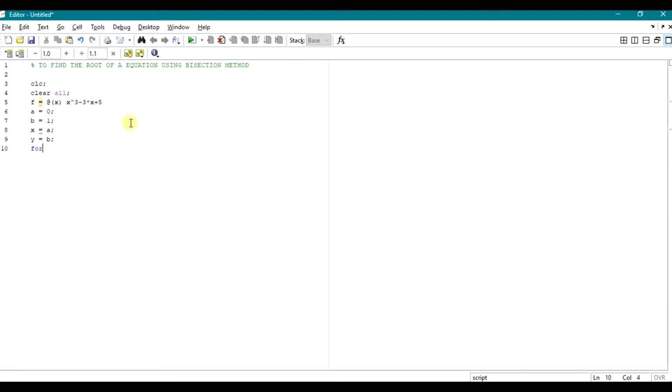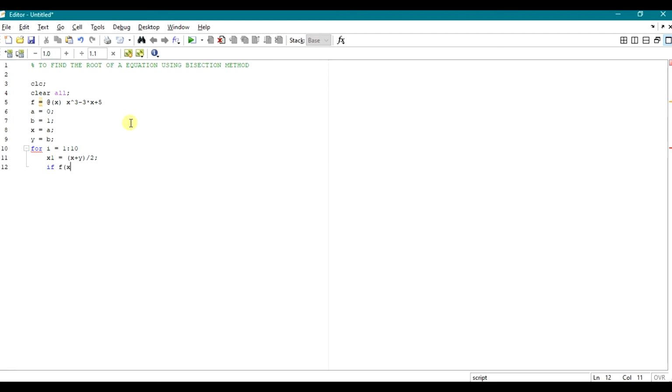You must know why we use for. for i equals 1 colon 10. Next line, x1 equals (x plus y) by 2, semicolon.